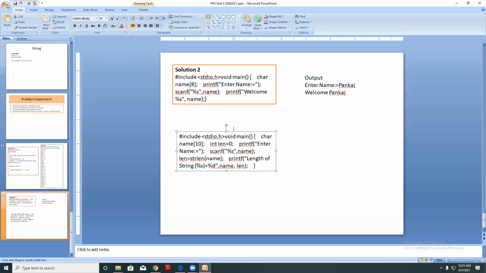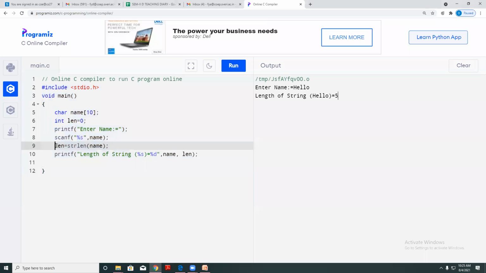So that it will be there for your reference. Okay, now we will move to next point, that is string comparison.